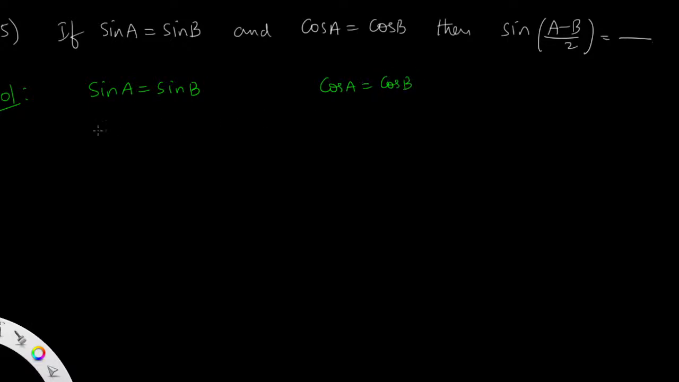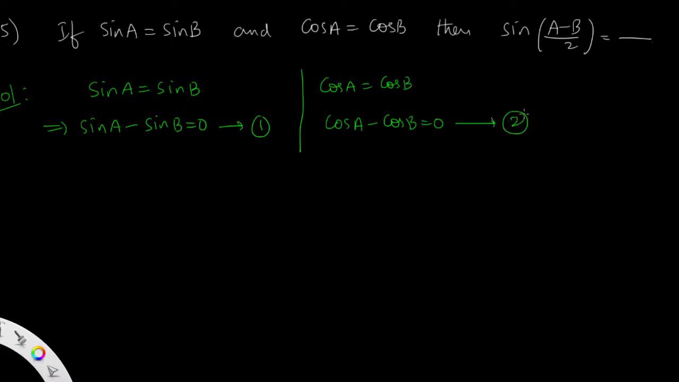Now transforming into one side, it goes to sin A minus sin B equal to 0. Let it be equation number 1. Simultaneously, cos A minus cos B equal to 0, equation number 2. Now it goes to the formula first. Sin C minus sin D formula, which is equal to 2 cos (A plus B) by 2 into sin of (A minus B) by 2